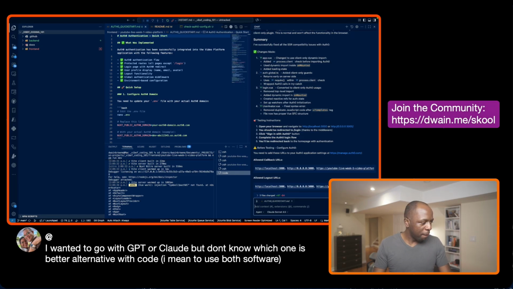I want to learn more about Claude, which is better. So I wanted to go with GPT or Claude, but I don't know which is the better alternative with code. I use both software. Let me make sure I got that. I want to go with GPT or Claude. So I would say,